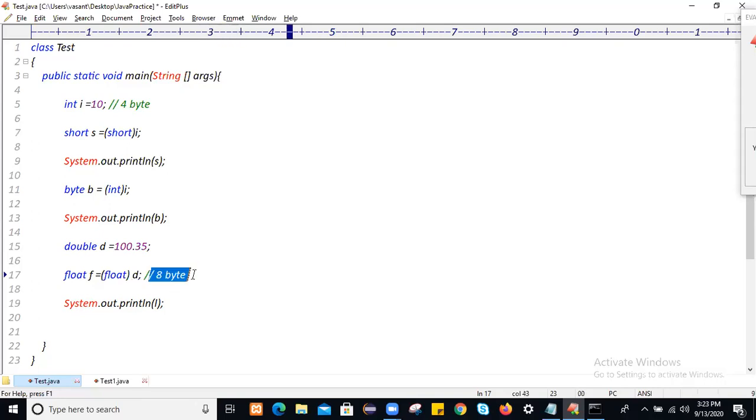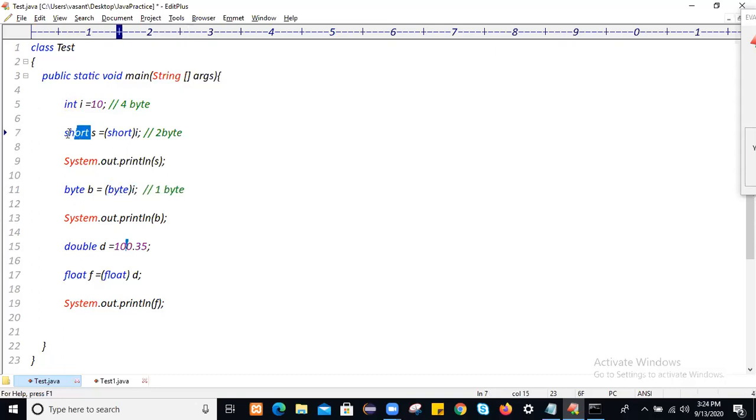This 8 byte data type we convert into a 4 byte data type. So we are converting bigger memory data types into smaller memory data types. This is the conversion of bigger memory into smaller. So always explicitly perform downcasting, in whichever data type you are converting, like byte.